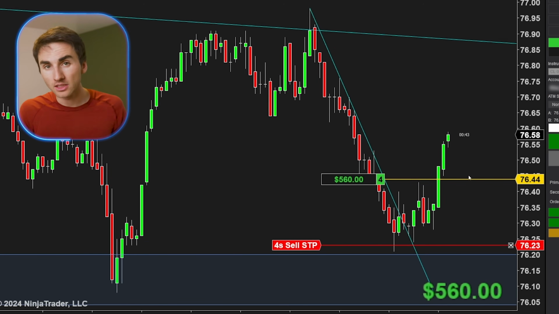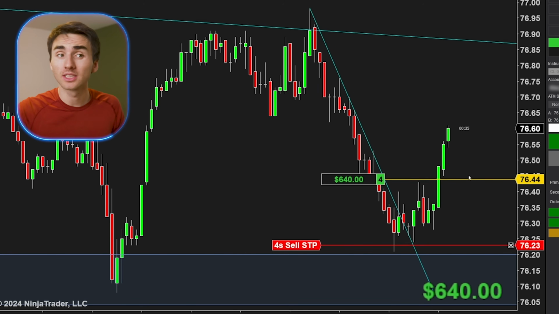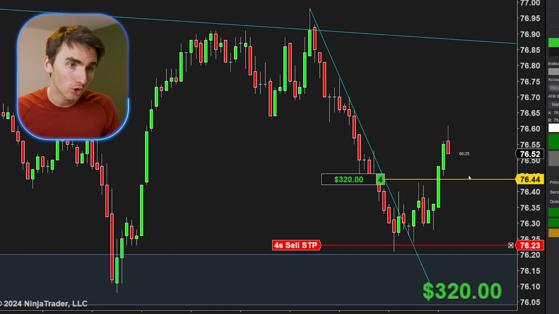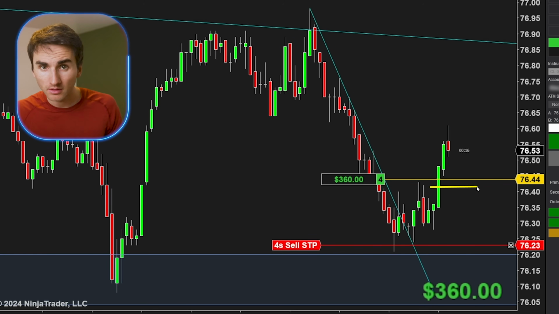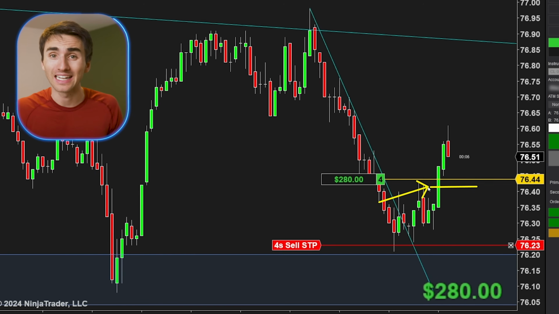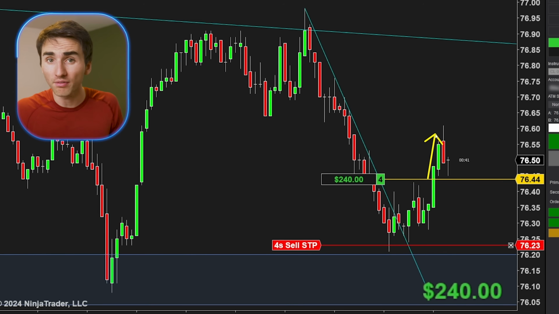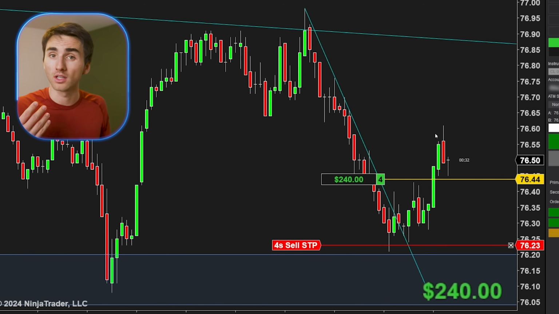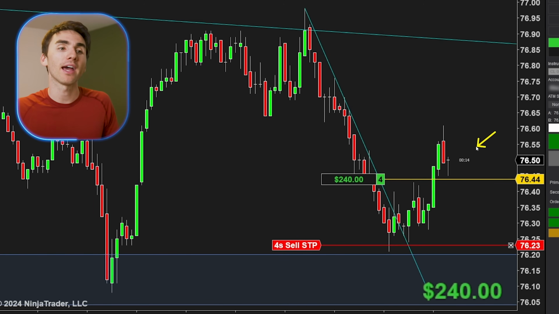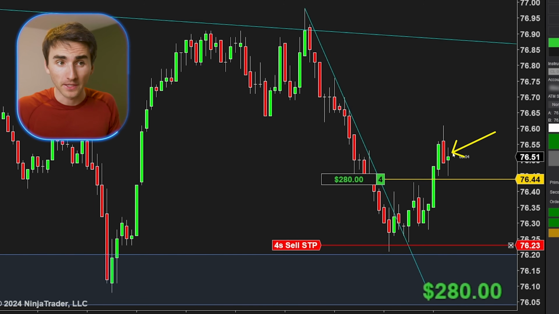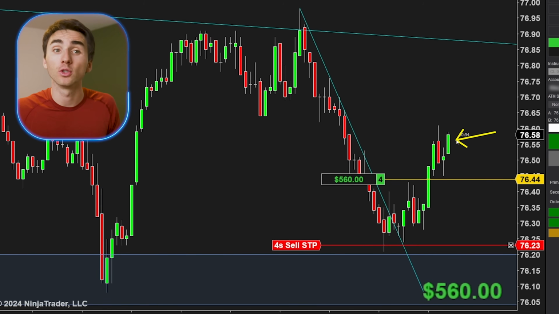But that is the order I like to enter on most of the time. You can use a buy limit order that'll get you in below or exactly at that price. But the problem with that is, for this example, the market kind of took off here and you would have felt a lot of FOMO, because you would have missed out on the trade, and you would have had to wait and hope that the market comes back down and fills you at that